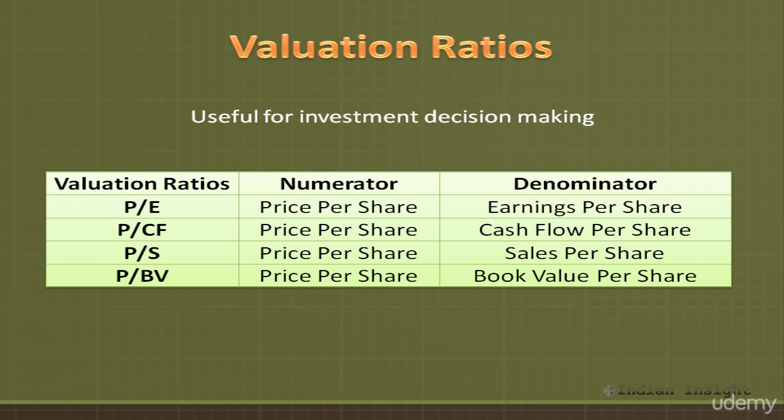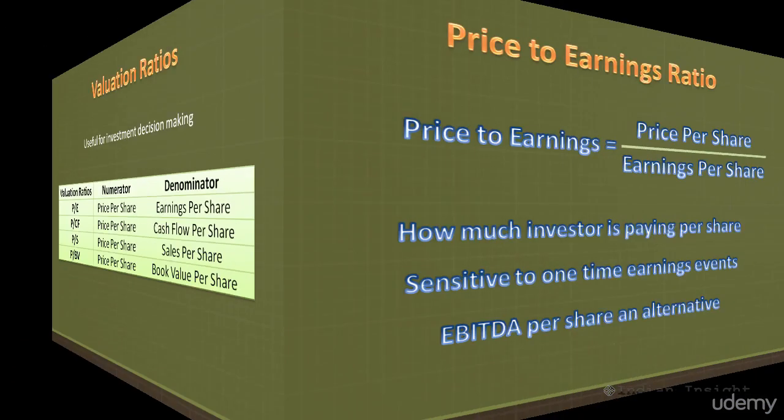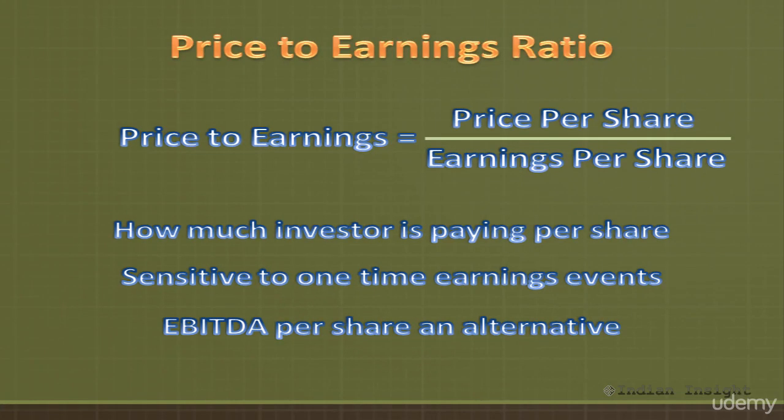Here we have shown some common valuation ratios. The first important ratio is the price to earnings ratio, which is calculated by dividing price per share by the earnings per share. This ratio tells us how much an investor is required to pay per dollar of earnings. So if the price to earnings ratio is 10, then it would mean that for every $1 of earnings, the